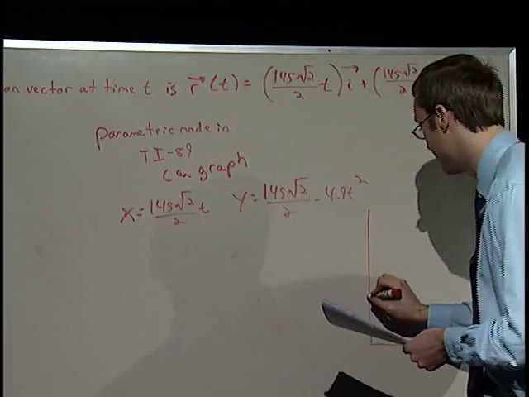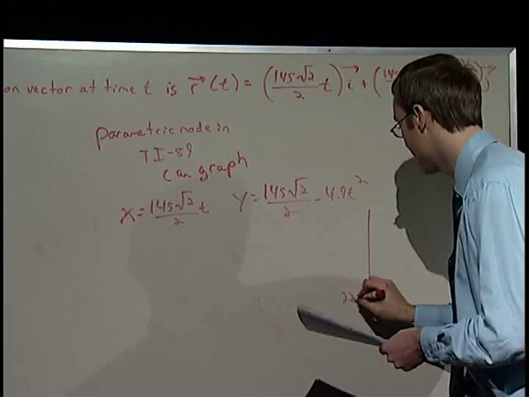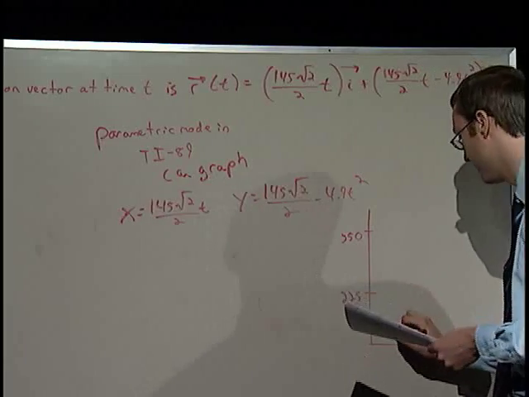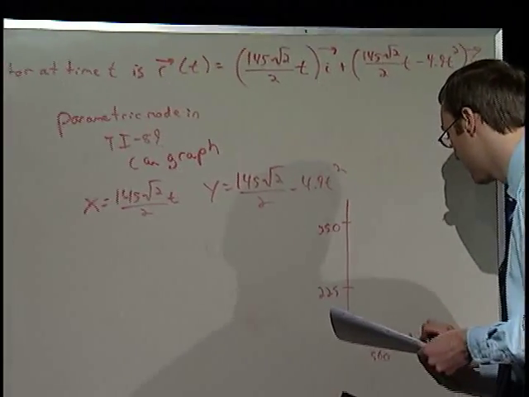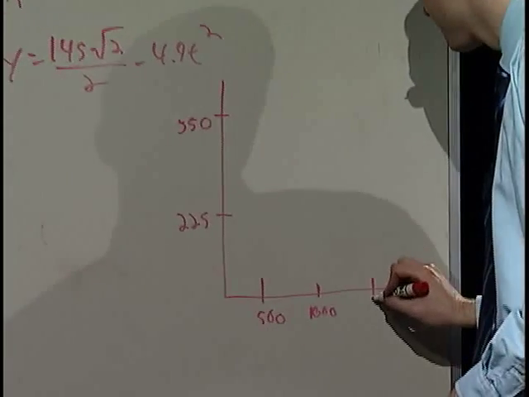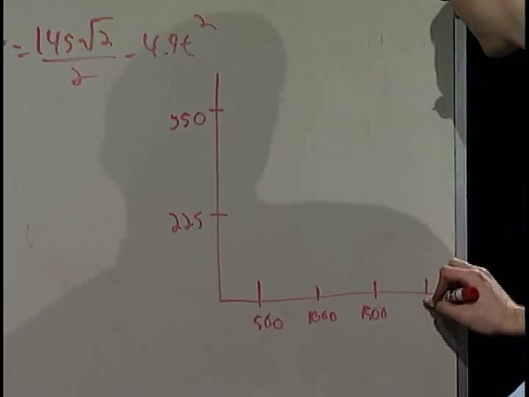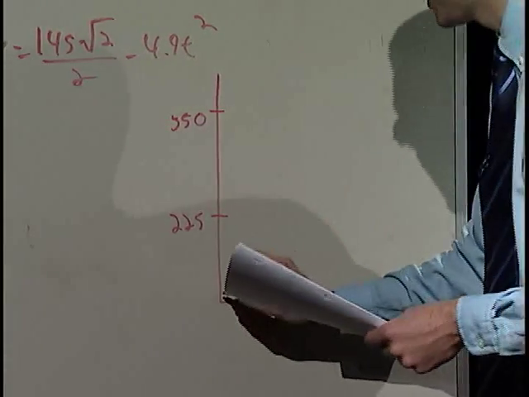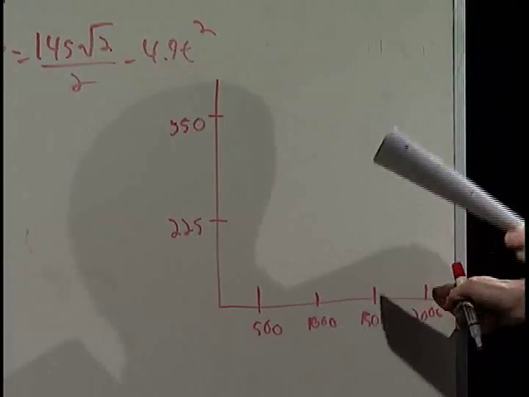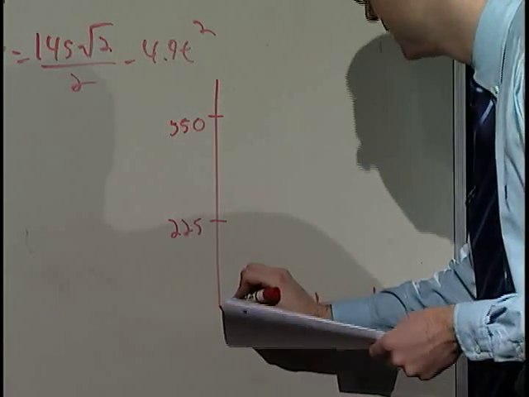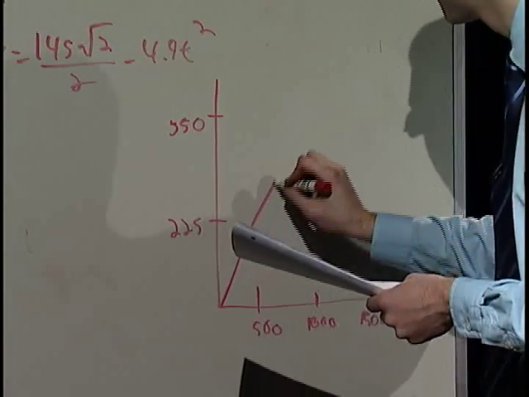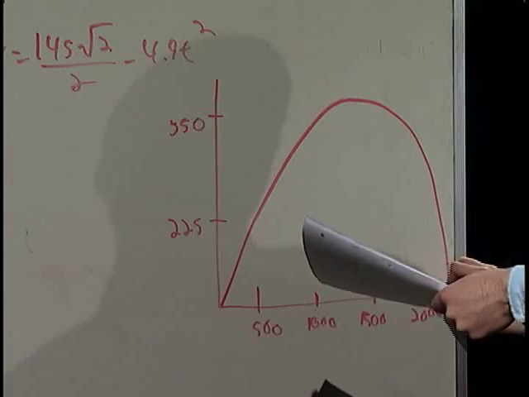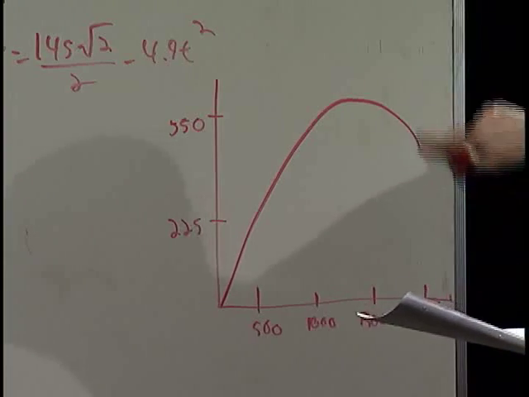Well, let's see here. So let's do 225. Up here we'll do 550. And along the bottom we'll do 500, 1,000, 1,500, 2,000, right? Well, so your max height was 536, and your range was 2,145. So something that looks probably even a little too far out there, but